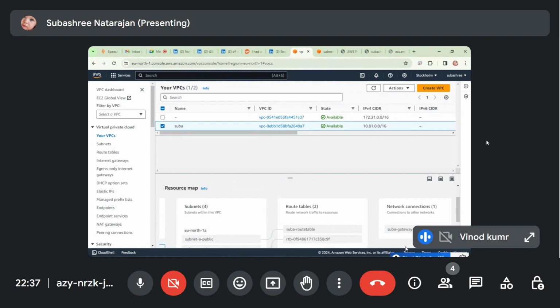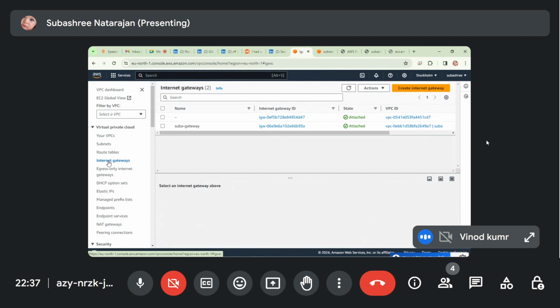This route should be available to the gateway. Okay, this is not added actually. So somewhere we have to make it connect from the VPC to the public subnet, to the new route table, and the route table to the gateway. So you have to go to the internet gateway now and click on that gateway.